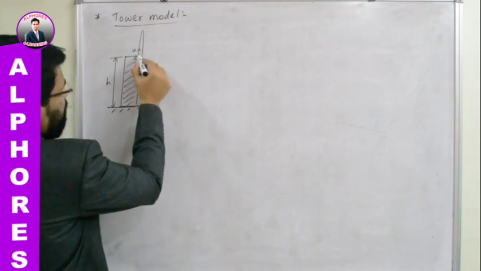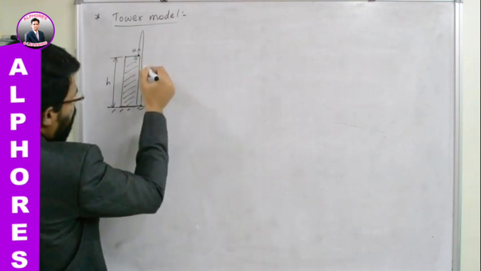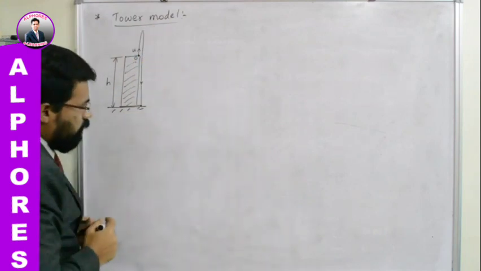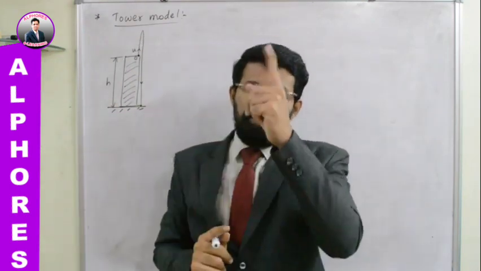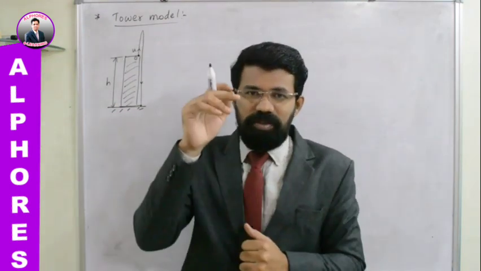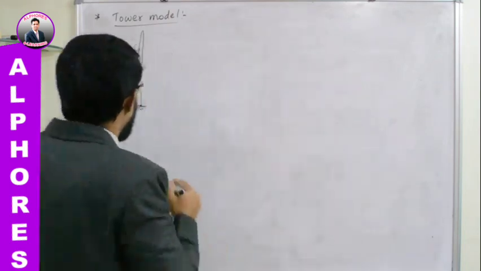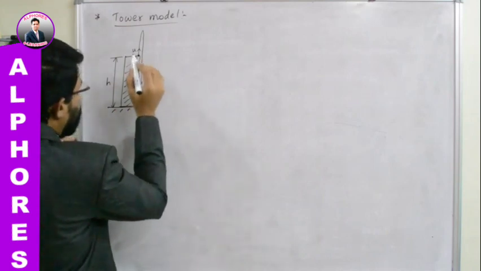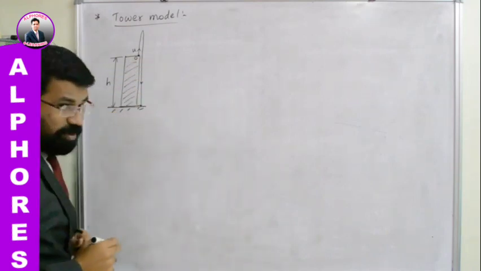Here, with respect to this point, when the body is projected in the upward direction, it is going in the upward direction, and while coming back, it is crossing this point and going in the downward direction. So corresponding to that point, two different directions are there. One is the upward direction, the other one during the return journey, it is passing through the point in the downward direction. So I will imagine this as origin. Okay, this is the origin. So this is the initial position and this is the final position.